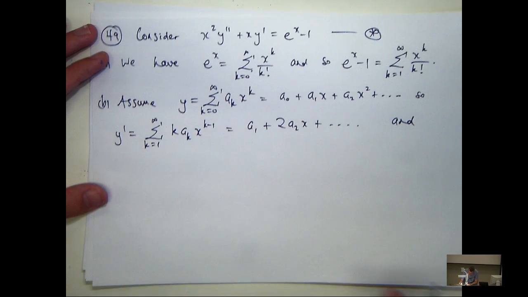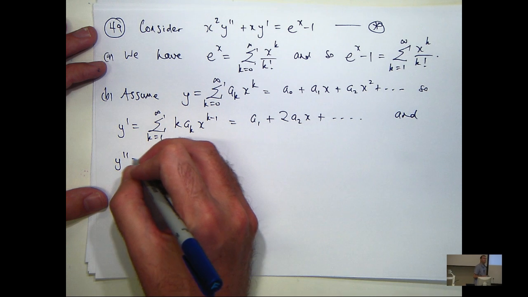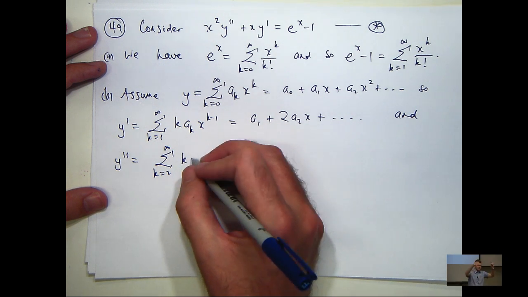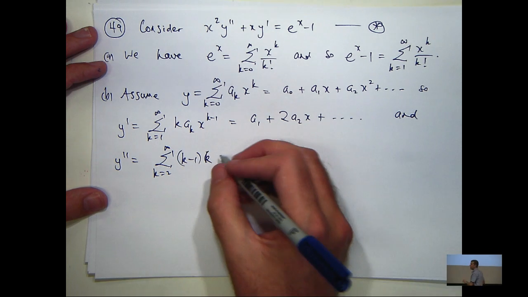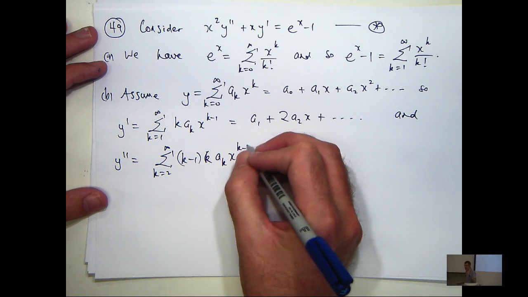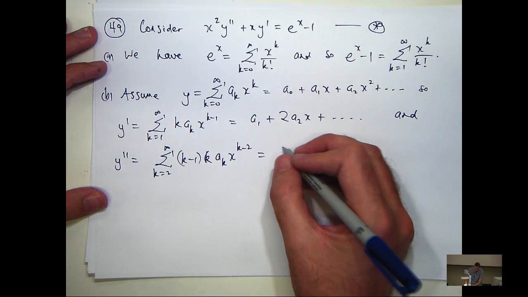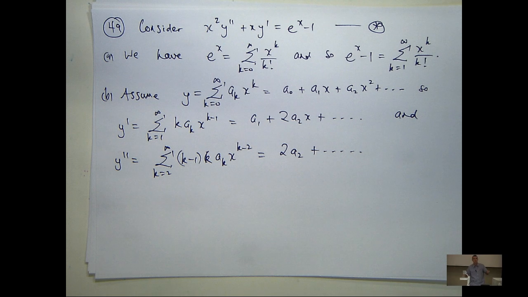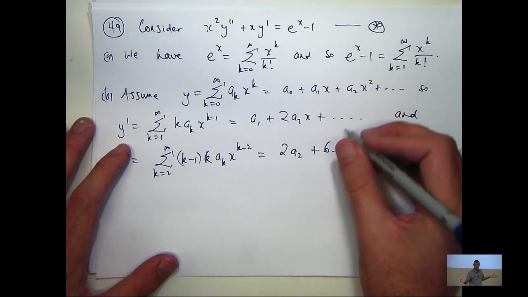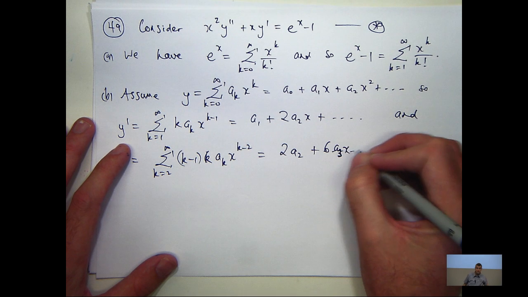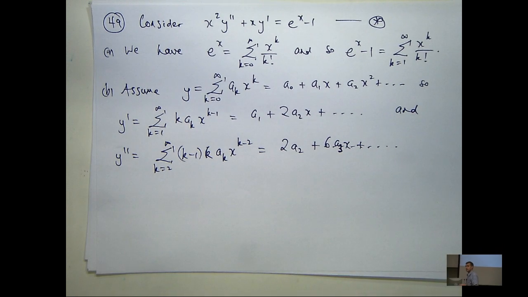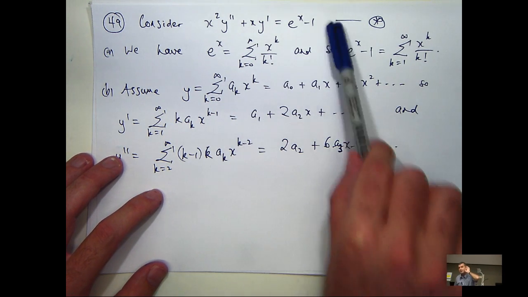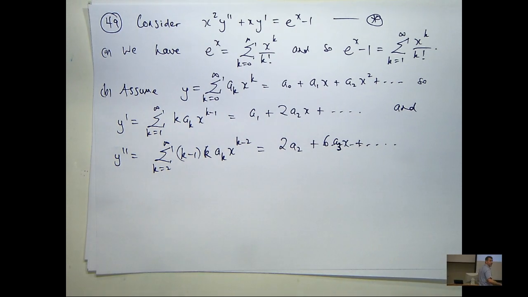And the second derivative is going to be something like this. Okay, so if I differentiate again, I'm going to get something like that. All right, so let's take these four, I guess we only need 3 of these things, sub them in here, and then we're going to equate the coefficients. Okay, so